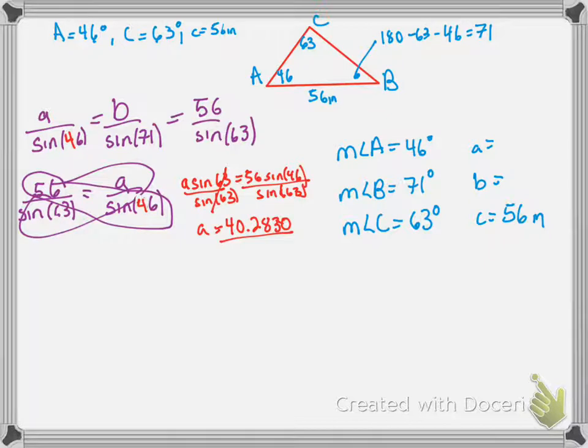That is 0.891006. Okay, so now I'm going to put this into my calculator. 40.2830 divided by 0.891006. And that gives me A to be approximately